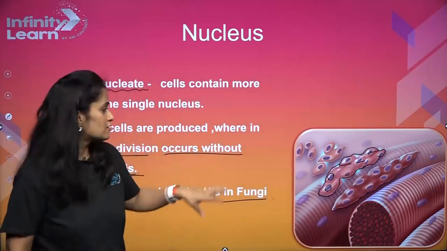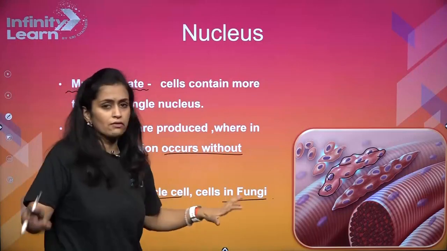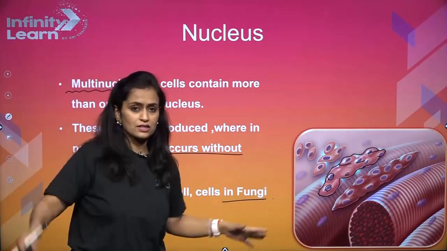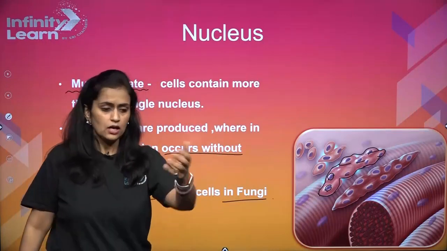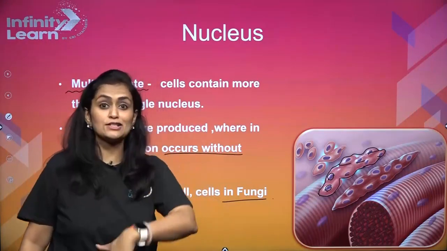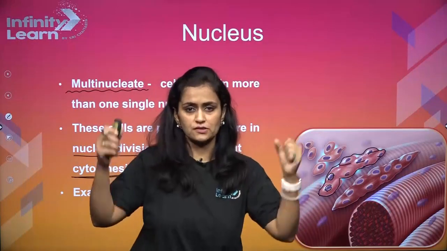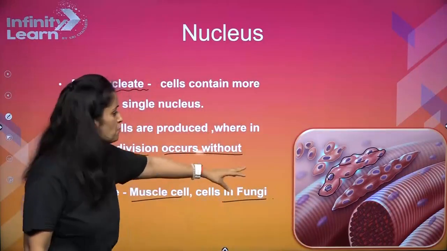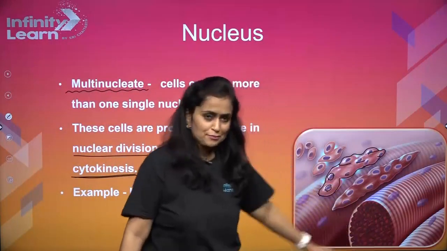So see, these cells are quite big, they're quite long, and just like a big organization may have 2, 3 authorities, 2 directors, right? So if an organization has a knowledge team and the IT team, 2 people to take care of it, 2 bosses, similar way, many bosses are required to take care of this long cell.